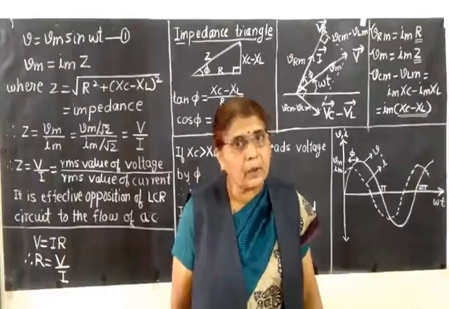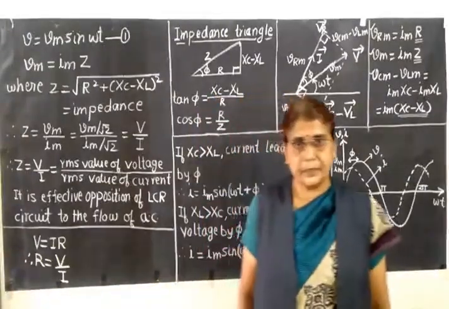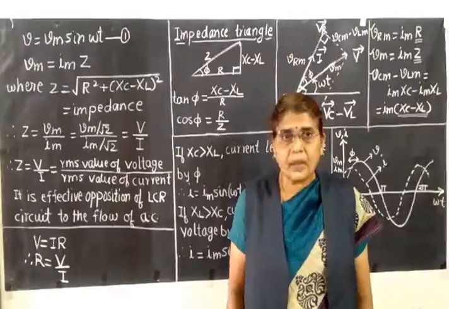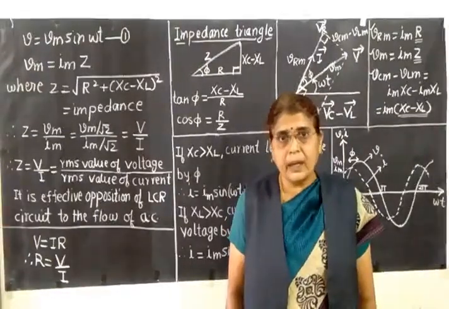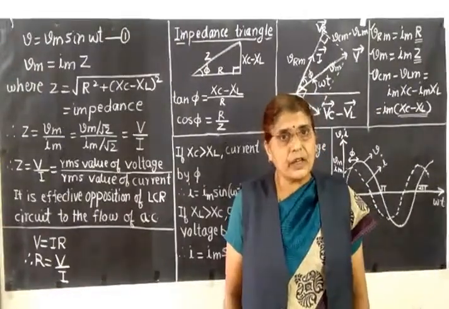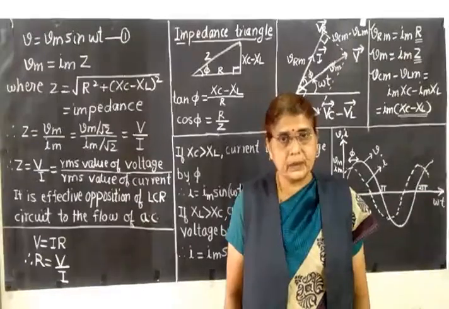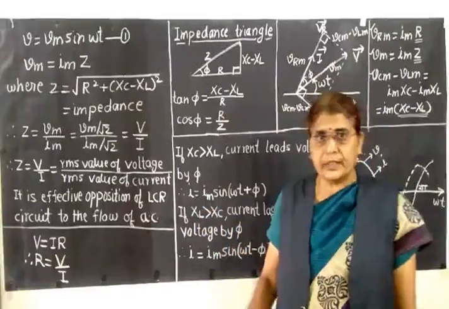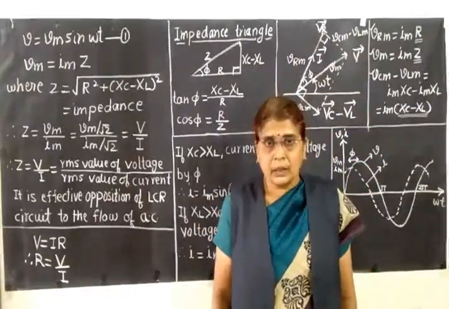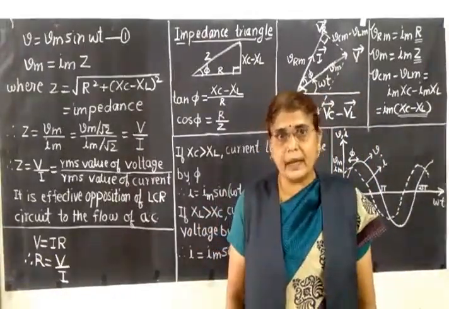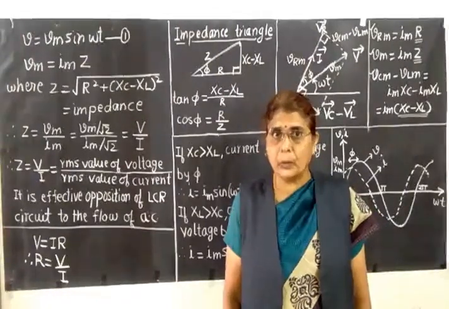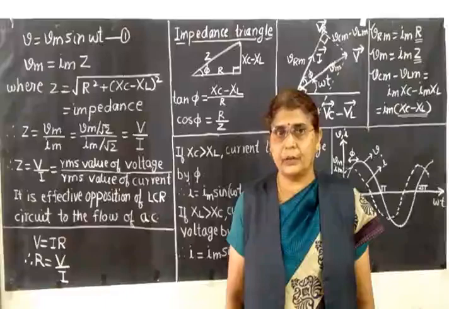So this is all about the LCR circuit. So what is the question on the LCR circuit? Using a phasor diagram, derive expressions for current and impedance. So all that we have done till now is the answer for that question. This is asked for 5 marks and I have told you again and again it is important from your exam point of view. So you have to prepare the LCR circuit very carefully.